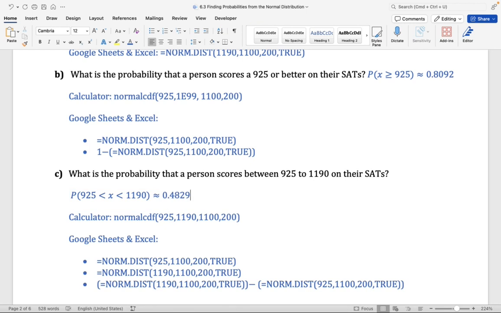Now, this is what I call leveling up. Think about it. You started by learning how to sketch a normal distribution, by learning the features of a normal distribution. Then you learned that we're able to calculate probabilities by looking at the area under the curve, under a normal distribution. Then you learned how to use technology to calculate that area, to calculate those probabilities. And now you're at the point where you can look at real life scenarios. And so this is the exciting part, being able to apply mathematics to real life scenarios.